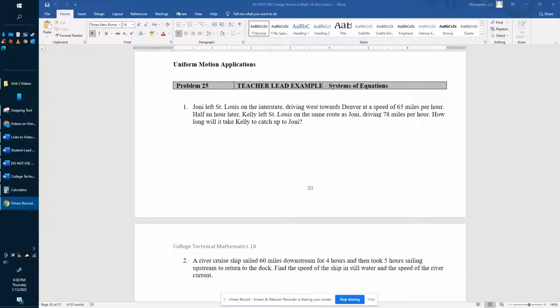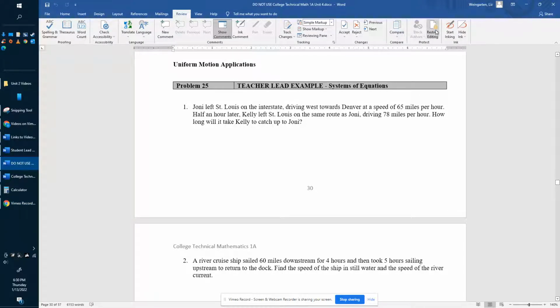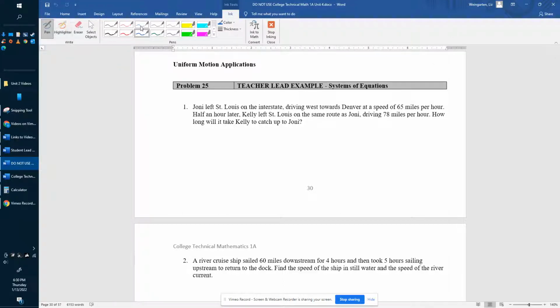Next up in our series of videos about solving word problems involving systems of equations is uniform motion applications. So we're going to use similar strategies here that we did in the previous problems, but we might draw some pictures just to help us along a little bit. So in this problem,